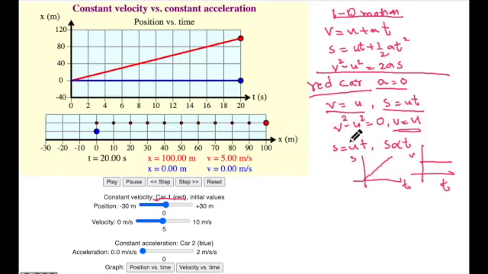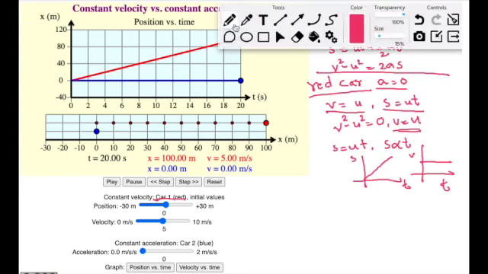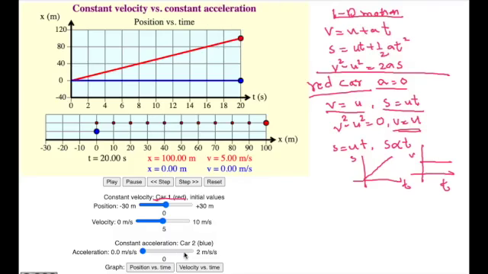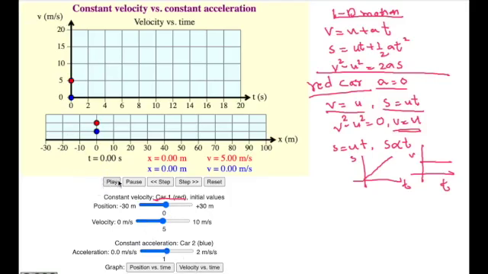So this is the explanation for the motion of a constant velocity object. Now let me explain the motion for an object which is moving with an acceleration. See here, this is the acceleration of the blue car or blue dot. Initially it is 0, now I am keeping this to 1, let me say. So now the acceleration is 1 meter per second square. Now let us see how the velocity versus time graph and the position versus time graph will be.